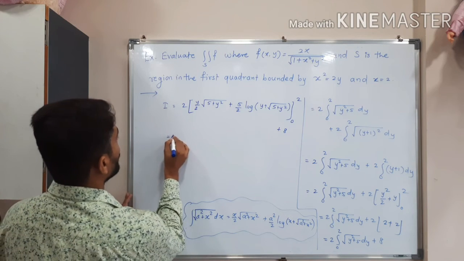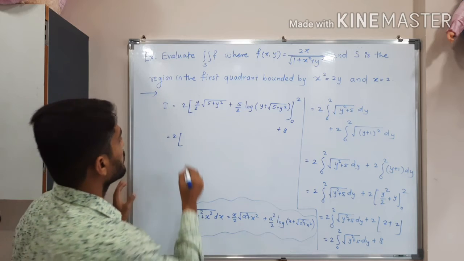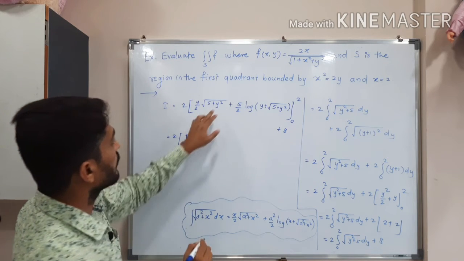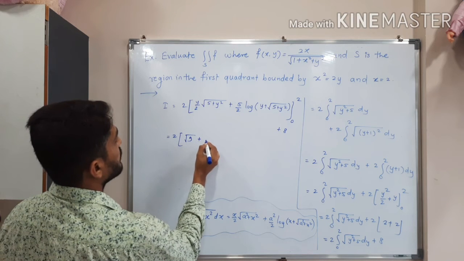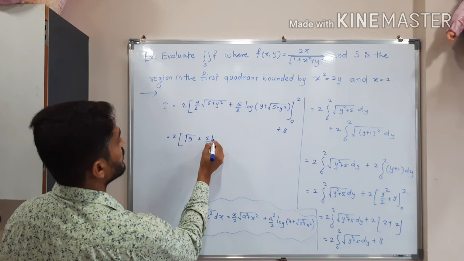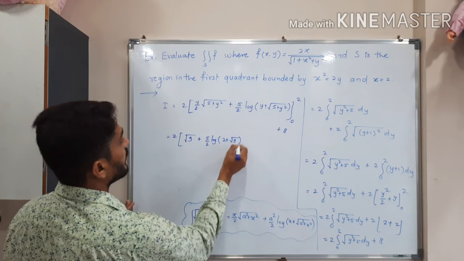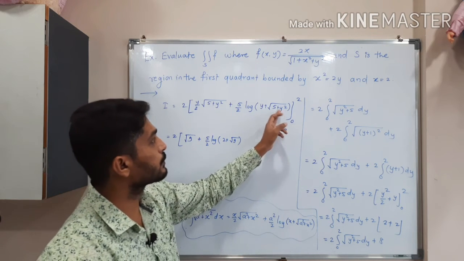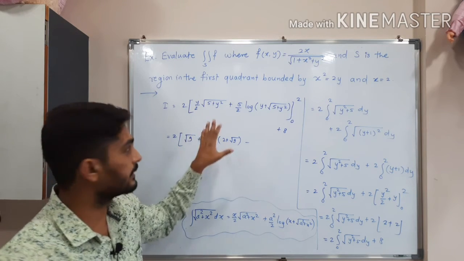So this is equal to 2. What I am doing, I am putting 2 here. So 2 will get cancelled. Root, okay, so if I put 2 here, it is 4 plus 5, 9, plus 5 by 2. What will happen inside the log? Log 2 plus root, again we will have 9. Right now I am putting 2 here, 2 square 4 plus 5, 9. Minus, if I put 0 into anything, 0.